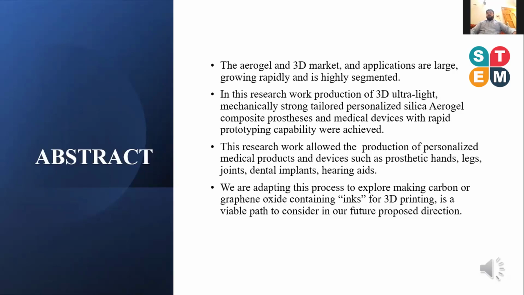So this was the whole idea, that we want to modify a commercially available photopolymer resin and prepare a composite, and when the composite material is printed, we get implants which are lightweight and